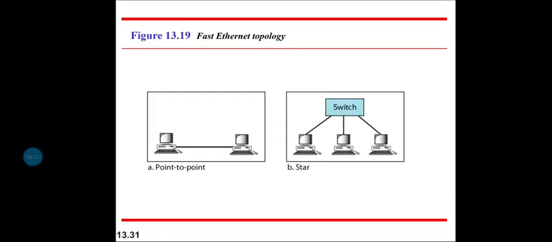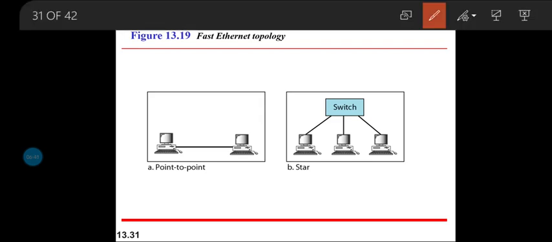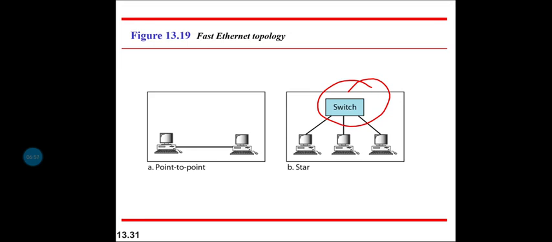So coming to the implementation of the fast Ethernet, as already discussed, it can have two types of communication. If there are only two stations, they can be connected with a point to point kind of communication, and if there are three or more stations, then they can get connected to each other with the help of a star topology. And as you can see here, all the stations are getting connected to a switch, and then they are trying to get connected to the next neighboring station. So that is how we have the star topology helping us to have the communication set up between two or more stations existing in a fast Ethernet implementation.